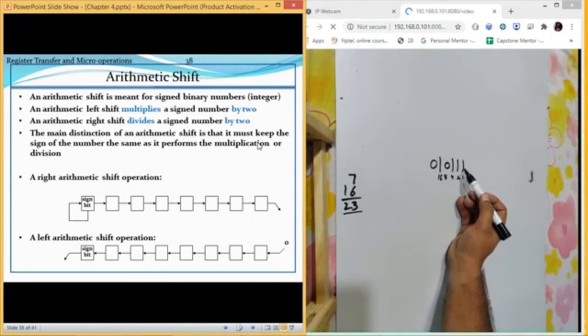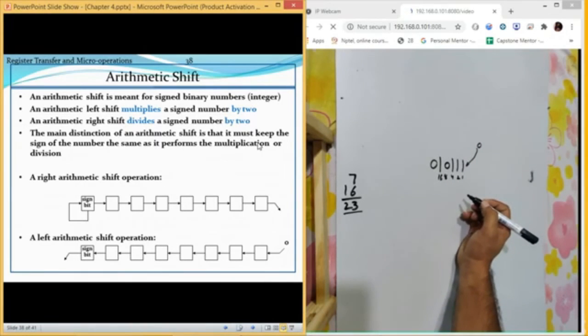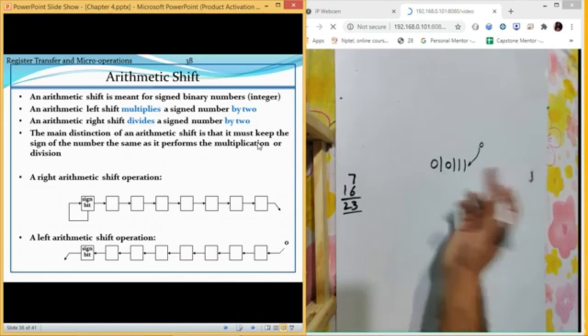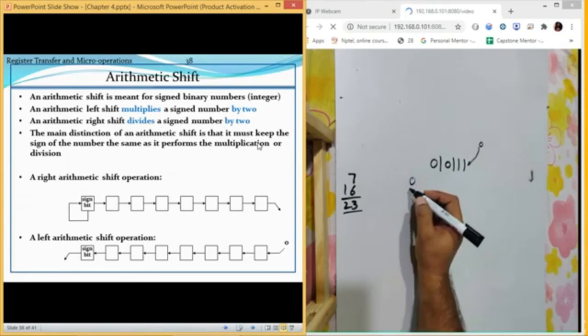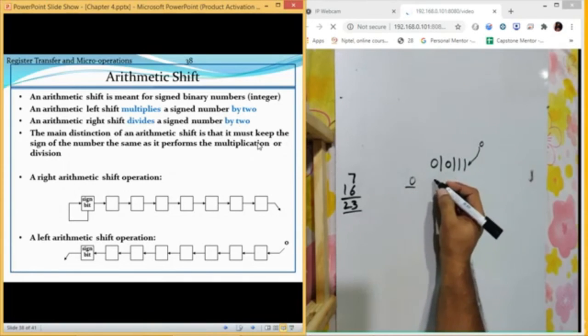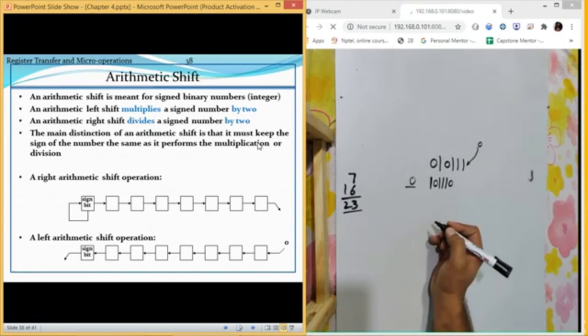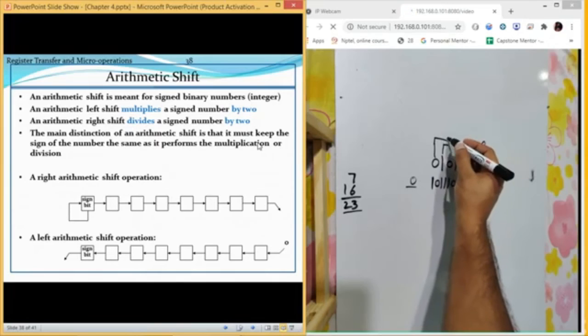We are going to shift the data towards the left, so we simply add a value 0 from the back. This 0 will move out, so I'm keeping it on the side. This value is 1, this is 0, then 1, then 1, then 1, and at the end we will get a 0. Now when we perform an XOR of these two values,